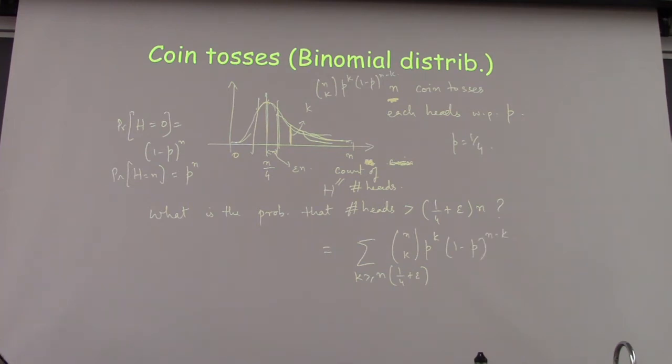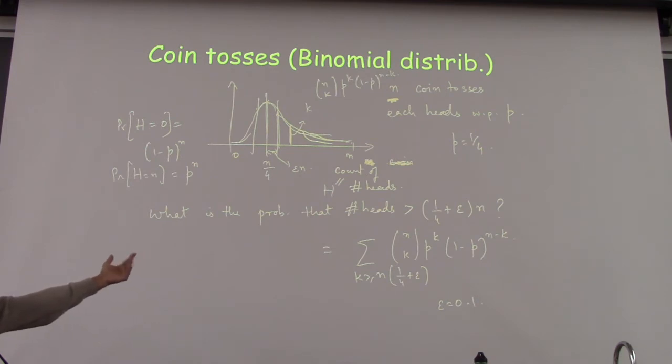Okay. So this is true, but it's not very intuitive, right? So how big is this quantity? Suppose I tell you epsilon is 0.1, then you don't have a very easy way to estimate this quantity, right? So is this going to be exponentially small in n, or what's it going to be?